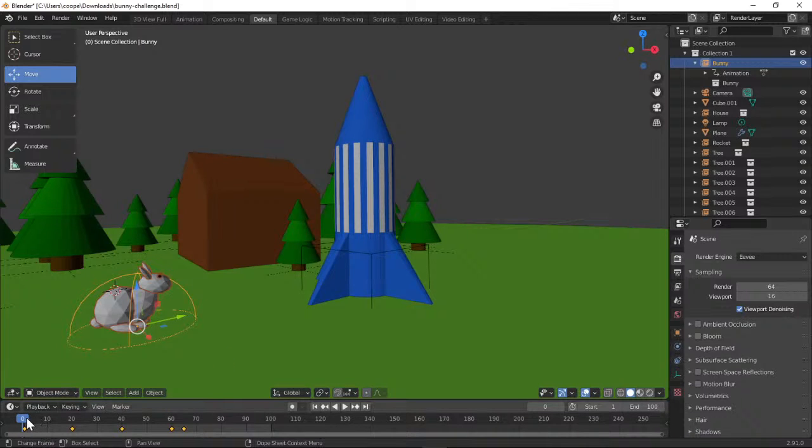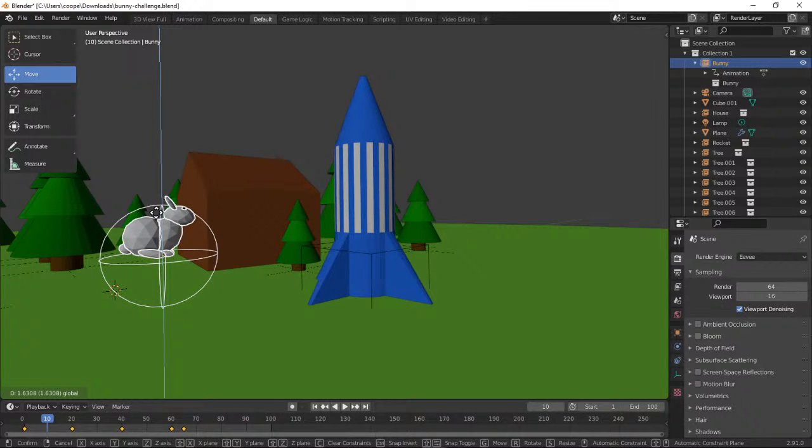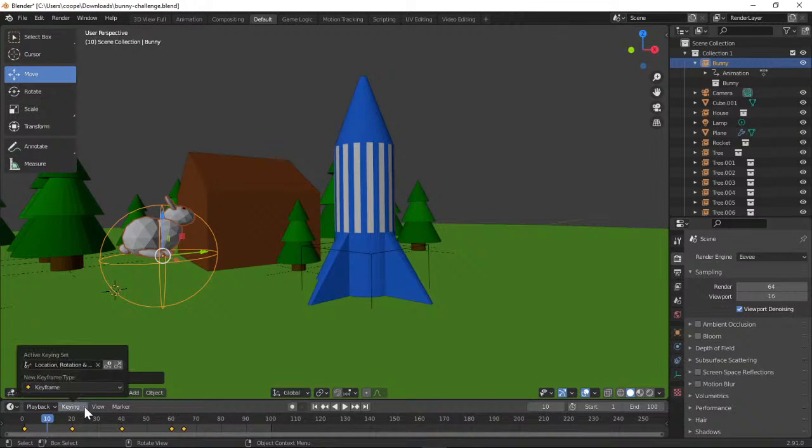So we see our rabbit, and 5 seconds, 5 frames in, he'll kind of go squoosh and then fly up to up in the air. But then I need him to okay, let's just do it. Let's do it as him just hopping to begin with. Okay, so let's go ahead and move him up. I think there looks pretty good. We'll do a keyframe,